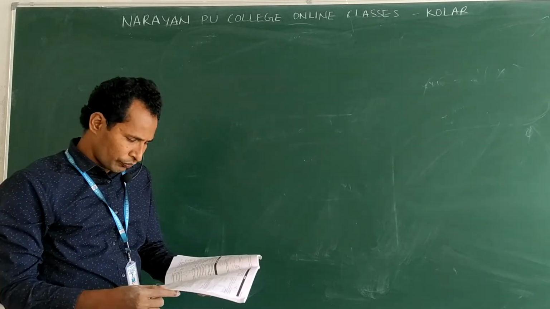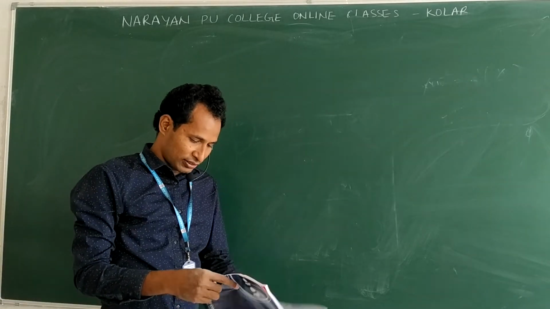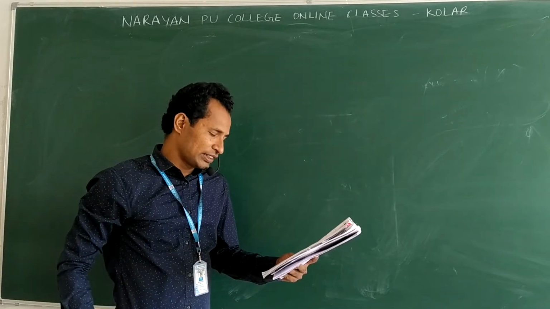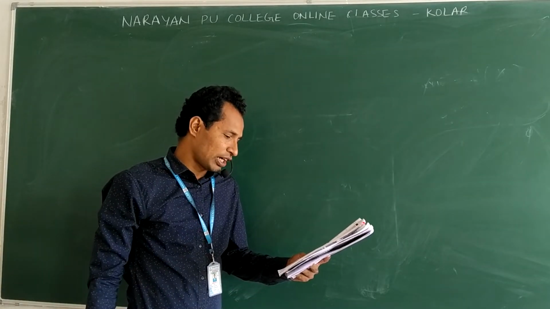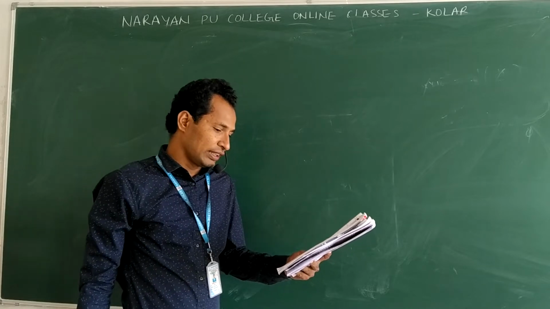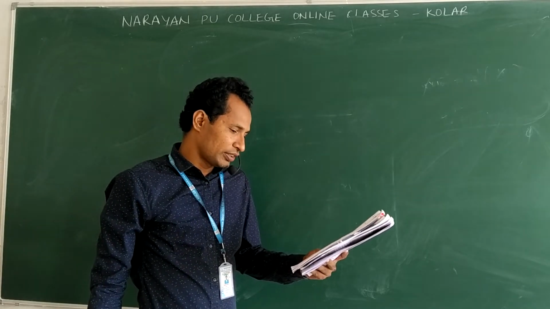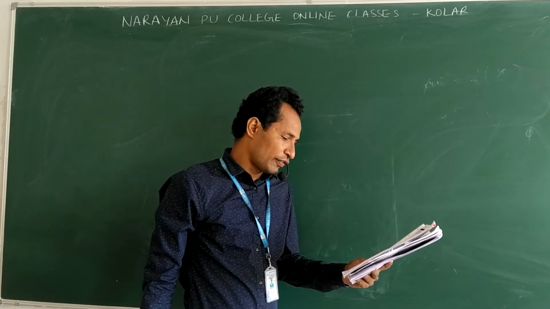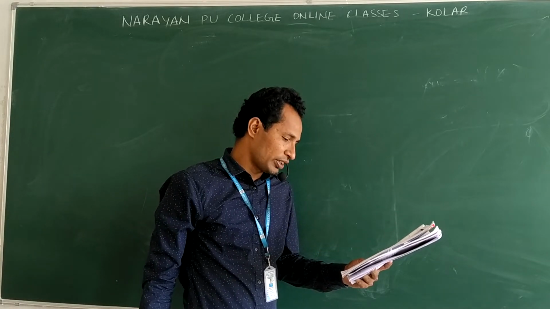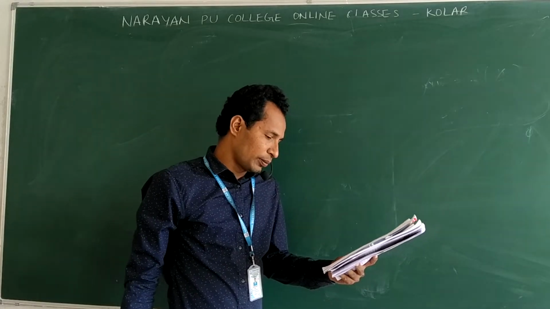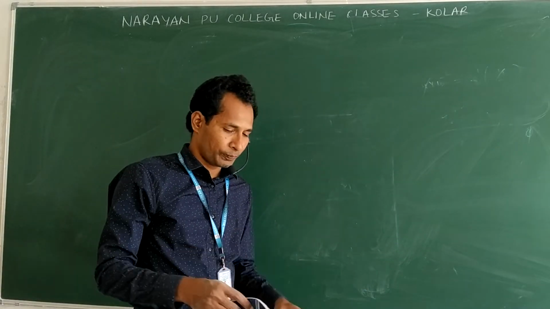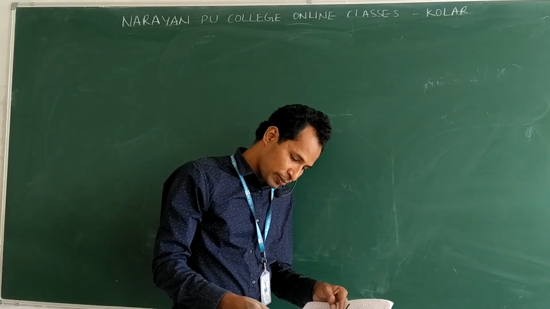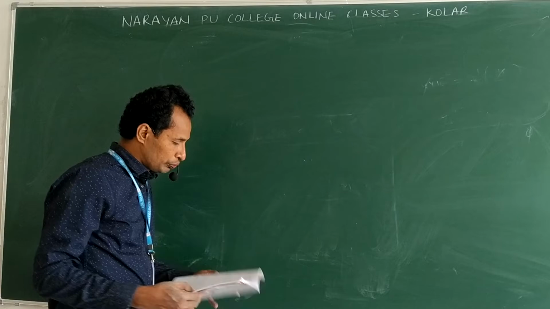Now the 11th one, two pith balls. Don't worry, pith balls means massless, very light balls. Pith balls carrying equal charge are suspended from a common point by strings of equal length. The equilibrium separation between them is R. Now the strings are rigidly clamped at half of the height. The equilibrium separation between the balls now becomes? They are asking the equilibrium separation between the balls now.